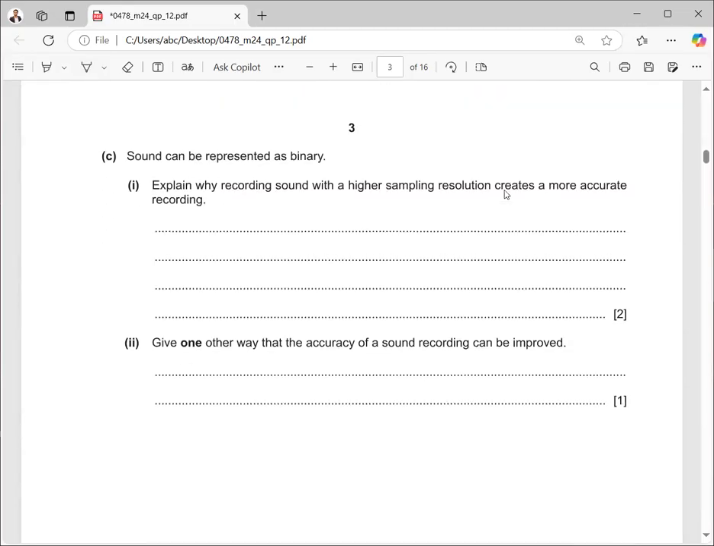Then I have C part 1. C part 1 says that sound can be represented as binary. Explain why recording sound with a higher sampling rate creates a more accurate recording. So you need to give the answer for why a higher sampling rate would create a more accurate recording. So you can write that if you have a higher sampling rate,